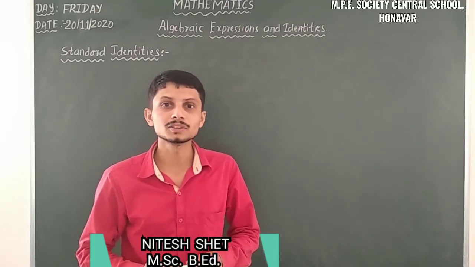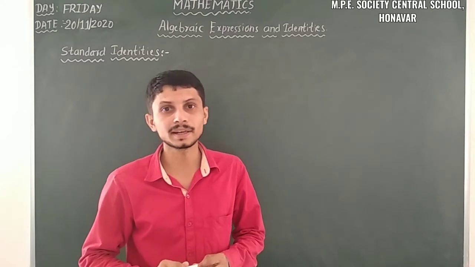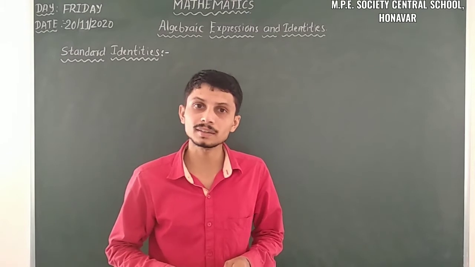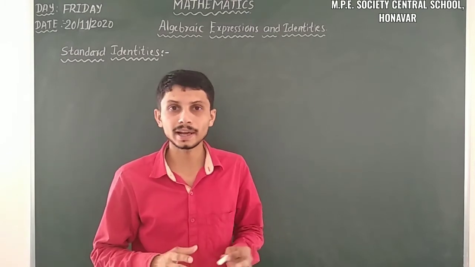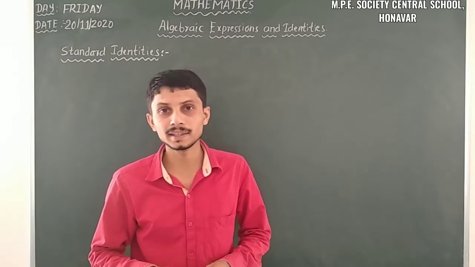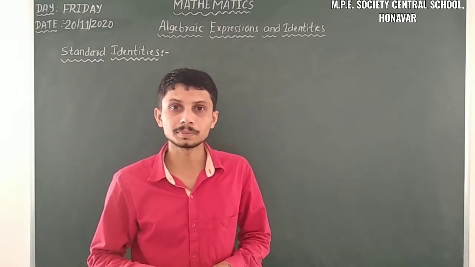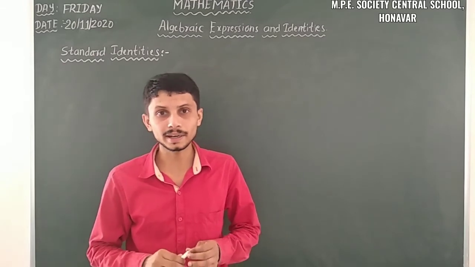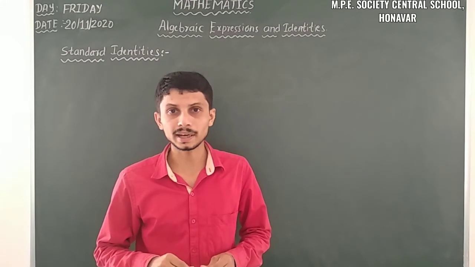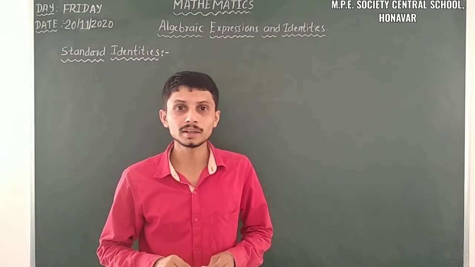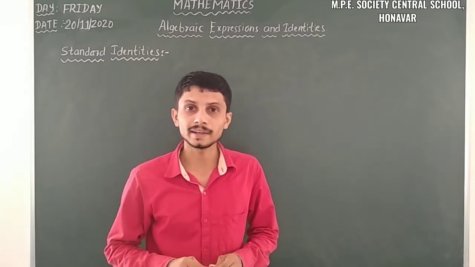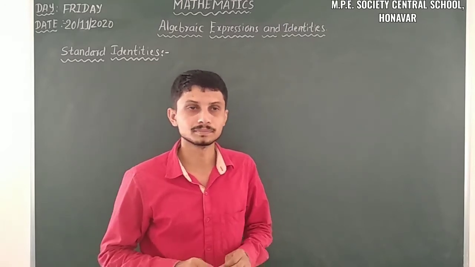I am from Mannaura. So last class we discussed a topic from 8th standard, that is algebraic expressions and identities. In that we already discussed algebraic expressions, like terms and unlike terms, the types of algebraic expressions, and then operations on algebraic expressions. Then we discussed standard identities. In that we already discussed two major standard identities. So let us move on to the next standard identity, that is the third one.